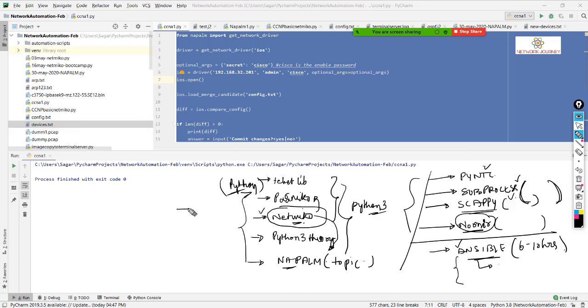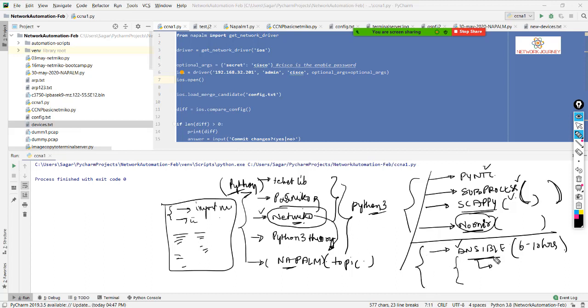You just have to import each one of them with the command import NetMiko, and you can start writing your script. If you want a functionality from NEPAM, you just have to import it. So one Python script can have two or three Python modules, and you can define your tasks. So this is something which we have discussed so far.